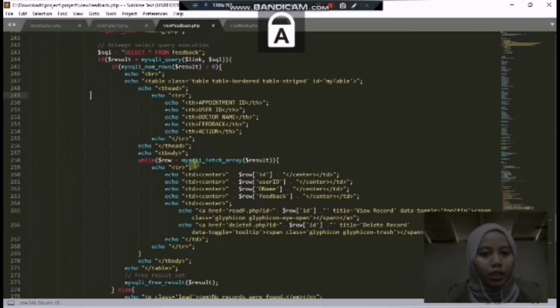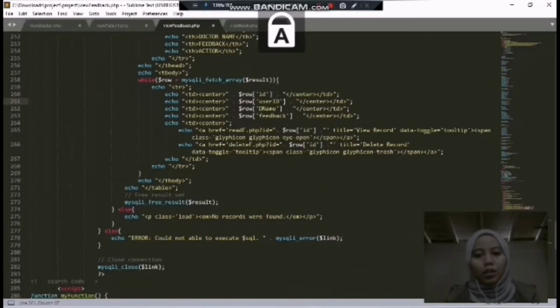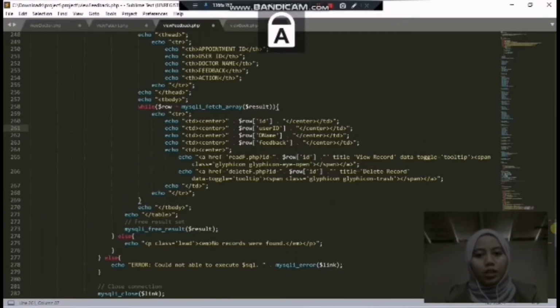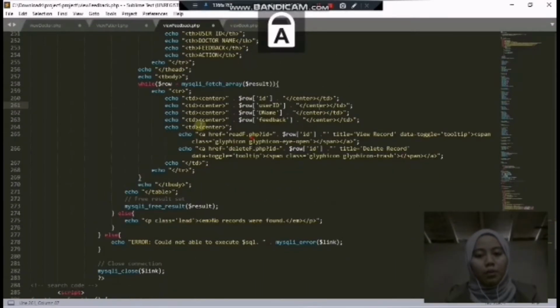If the database has records, it will show you the ID, user ID, name, and feedback. Okay, next, it will show in the table form, and you can also view and delete the data from the table